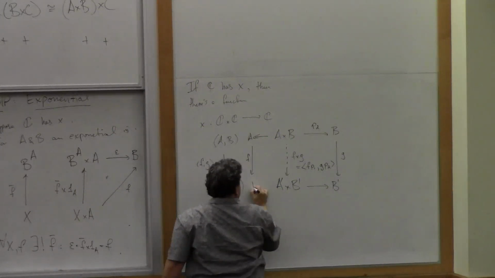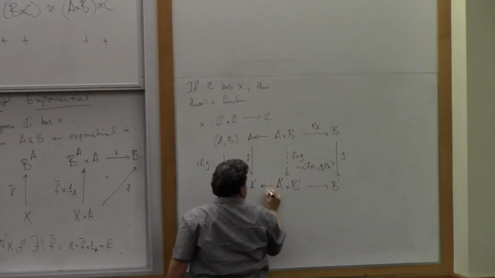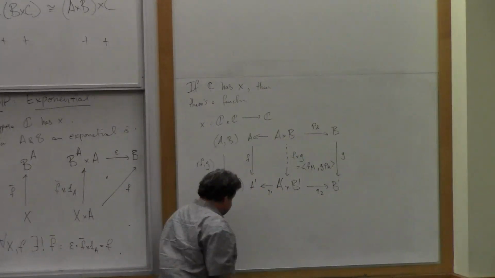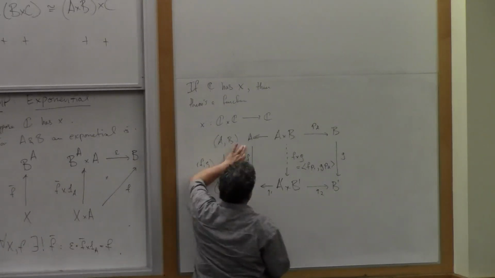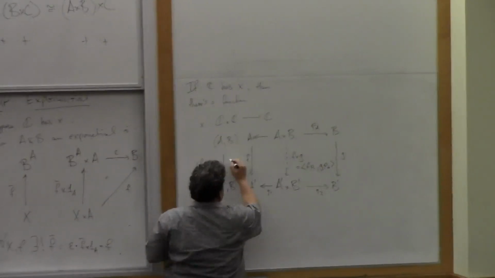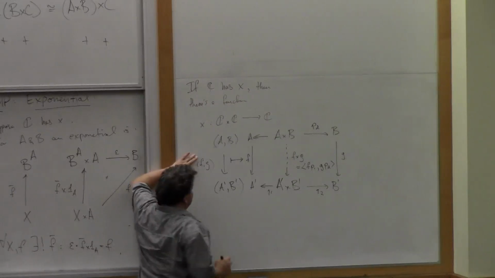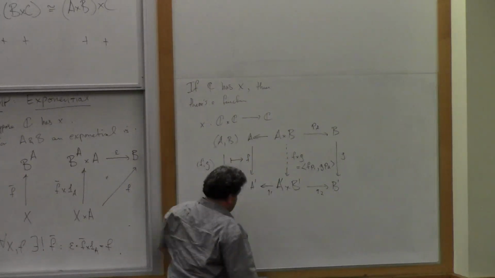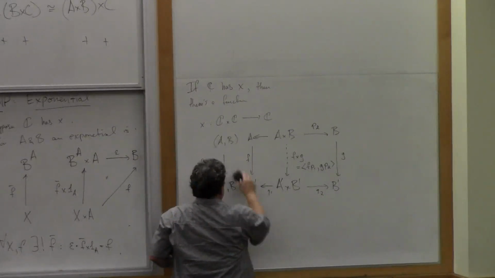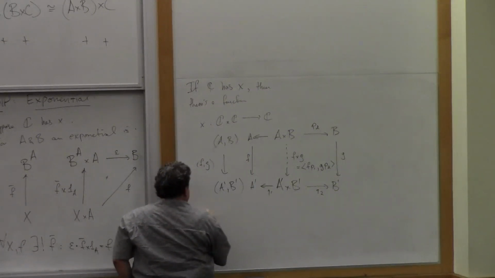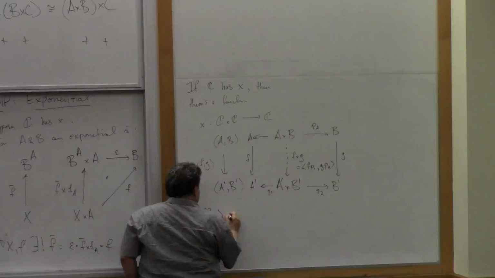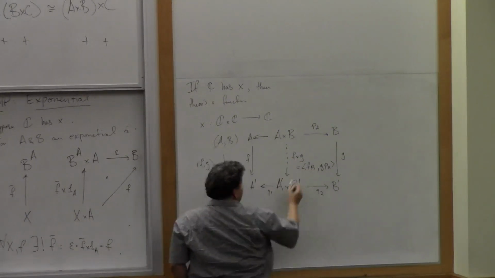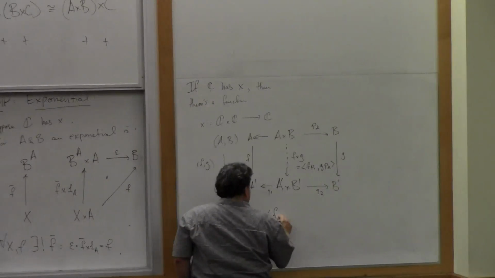Here's f. Here's A prime. These are the q's, q1, q2. I'm not even using those. Okay? So this is the value of this functor on the pair f and g. It goes to this map. The product functor applied to f, g is this map f cross g, which I just defined here to be the pair f p1